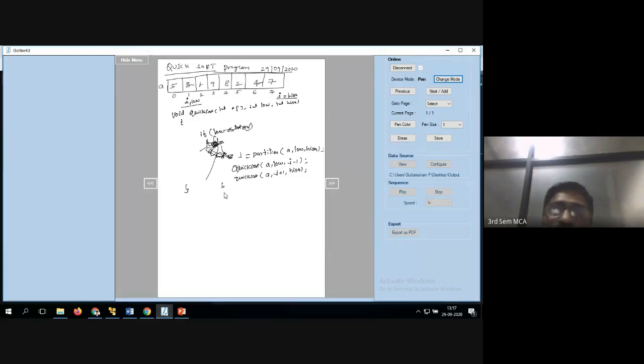Now you have to write the partition function. Whatever we learned last class, that partition logic we have to write now. Let us see how to write the partition.